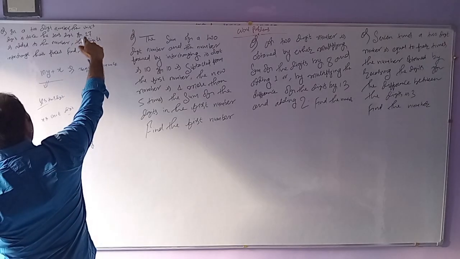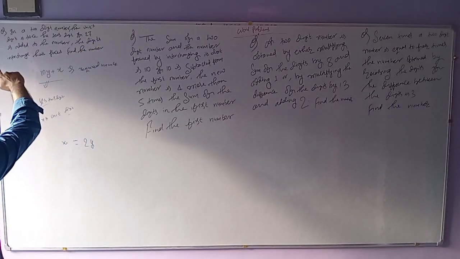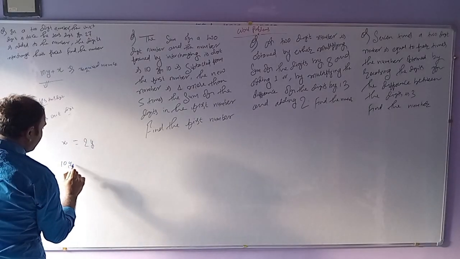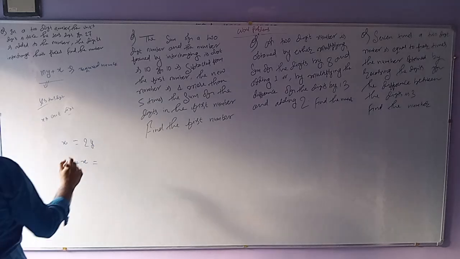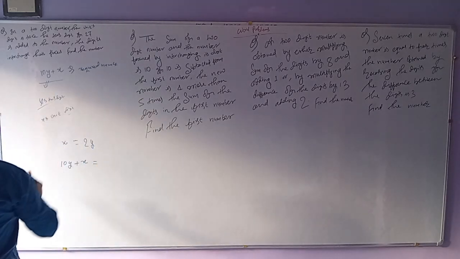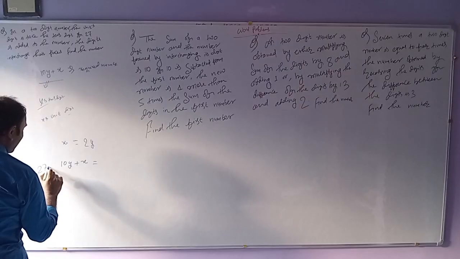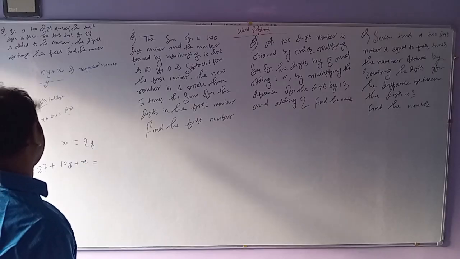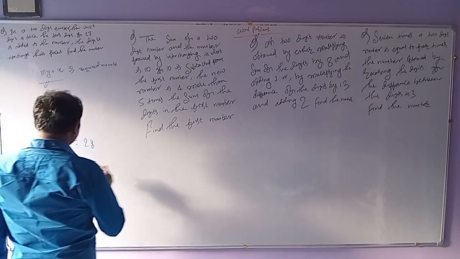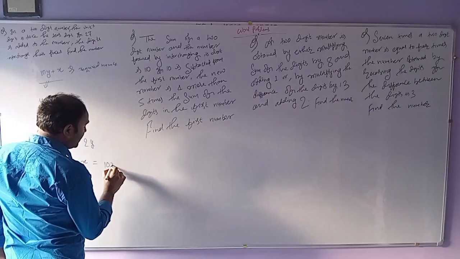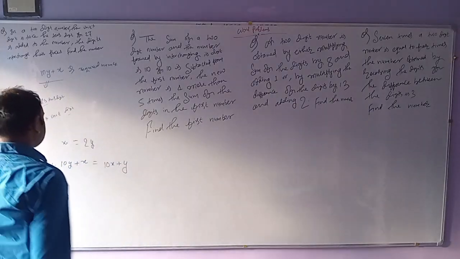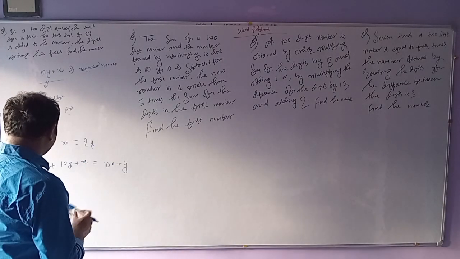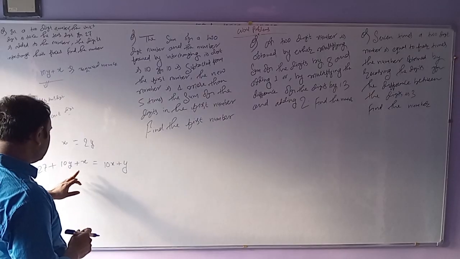Another condition: if 27 is added to the number, and we have the number 10y plus x, if we add 27 to the given number, the digits interchange their places. If we interchange, the number becomes 10x plus y. When we sort out this equation, then we get